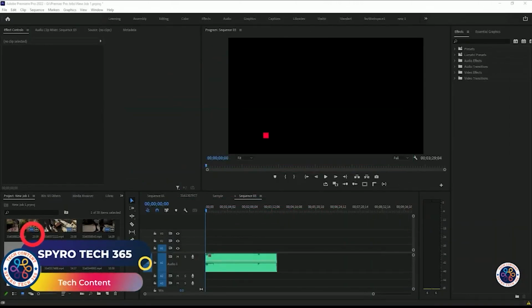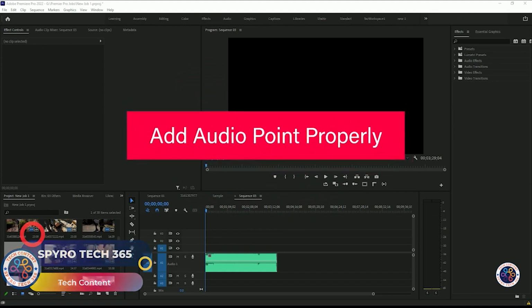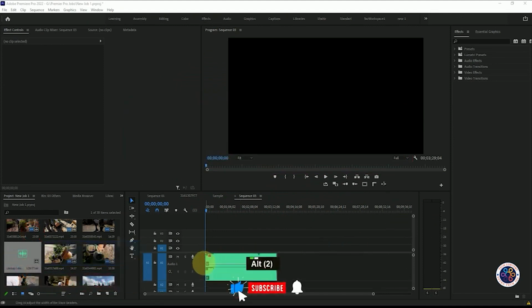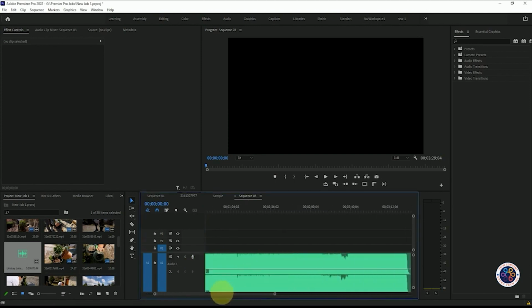In this lesson, I'm going to discuss how to add a point in audio to level the audio up somewhere and to level the audio down where you want to. So to turn the volume of an audio up and down, first of all, we increase it by pressing Alt and scrolling the mouse up. After that,